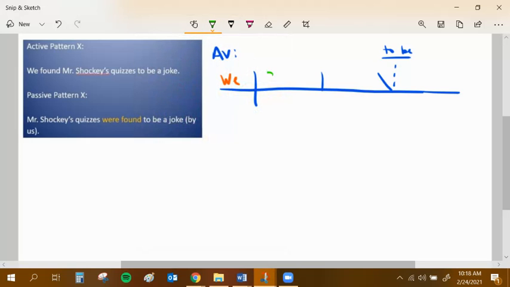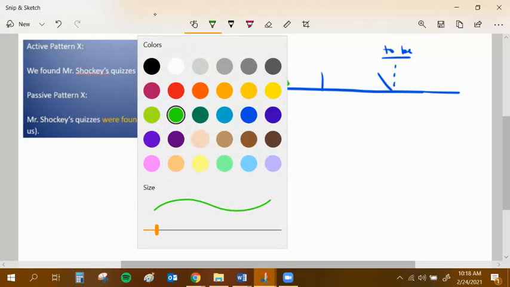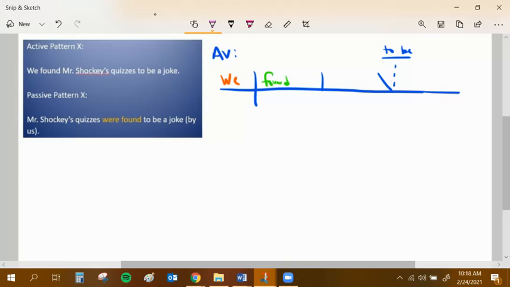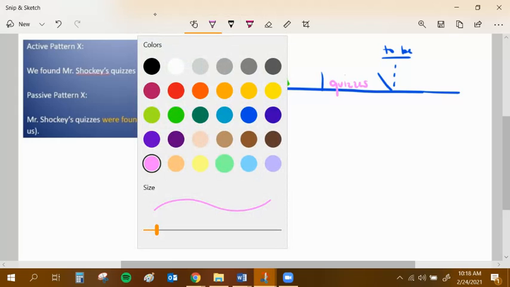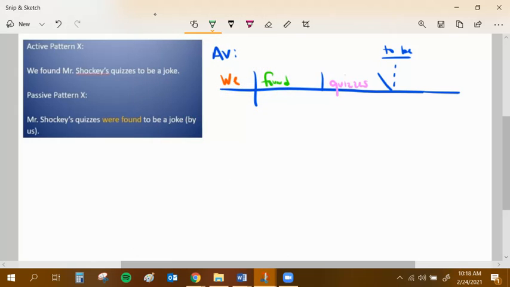Let's go green. Our verb is found. Our direct object, let's go pink, is quizzes. And our objective complement, the noun at the very, very end, a color I don't use very often. Let's just do this little nice mint color here. Let's do joke. All right, so we found quizzes to be joke. There we go. So now when I change this over to the passive voice,